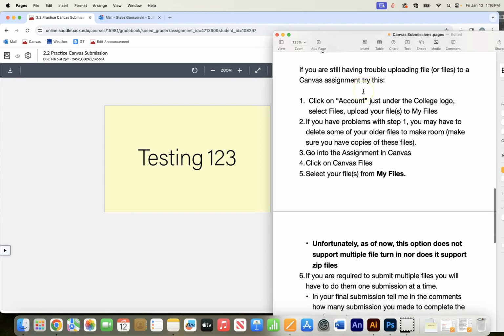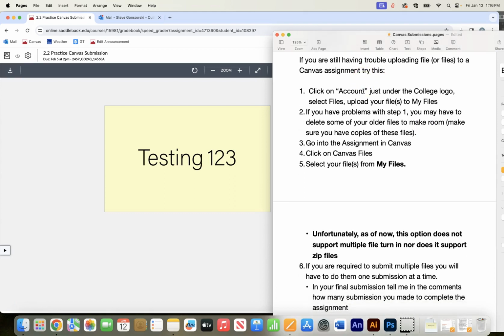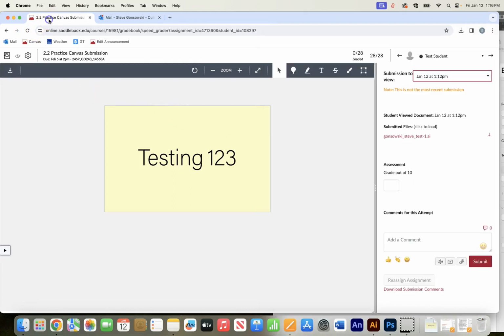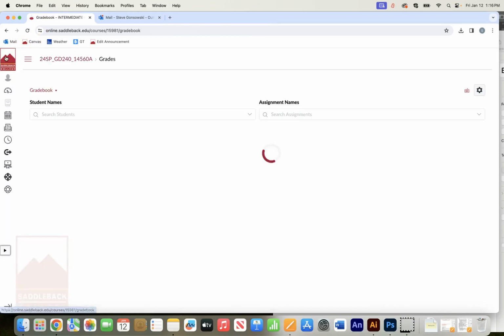So to handle the problem, if neither of those 2 work, basically what you do is you upload your files to Canvas in a different place first, and then you access them from the submission. So here are the written steps. I'm going to show you these as well. So inside of the class,